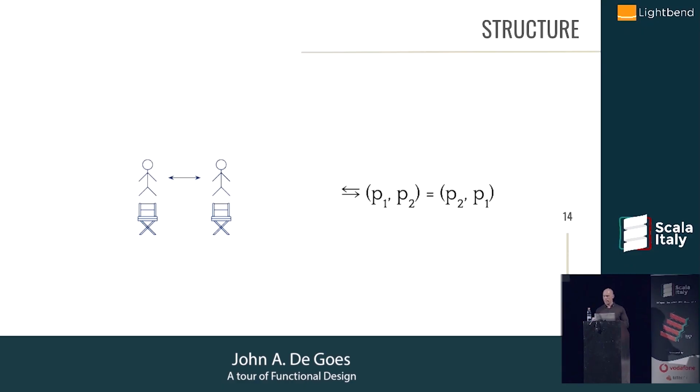What else could we do? Well, we could think about another operator. How about this operator, swap? So swap in a row. Basically, 2 of you who are sitting next to each other could exchange places. And that would carry with it the statement that the exchange of P1 and P2 is basically equal to P2 and P1. So it's the same arrangement. The only thing that's changed is the people have swapped positions.